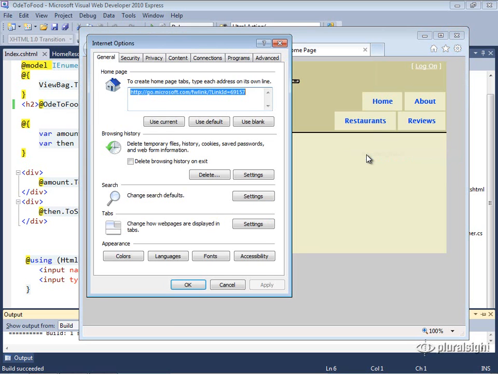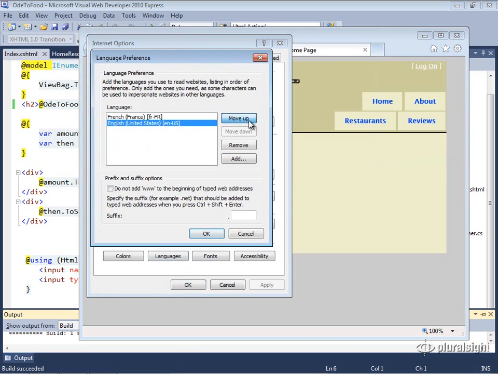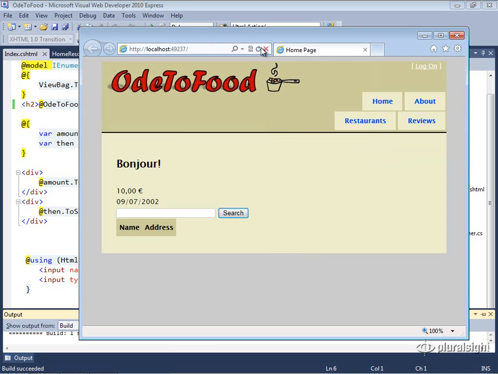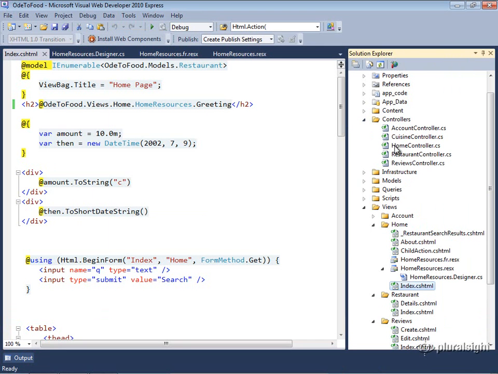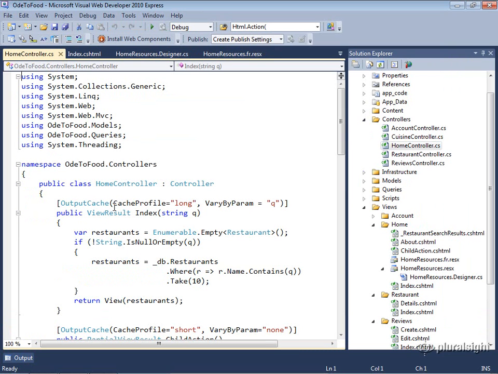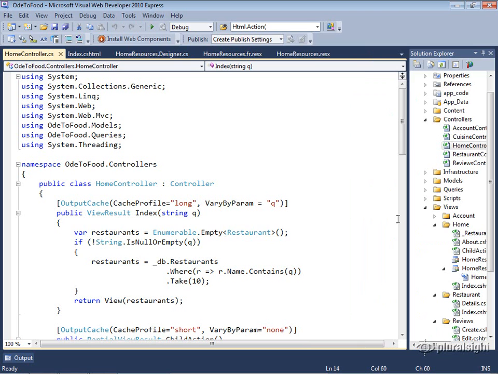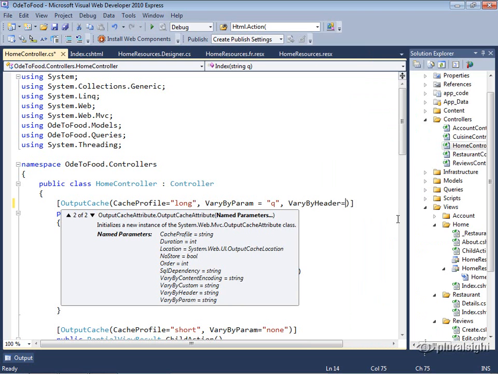But if I go in and change my languages in my internet options to move English back up and refresh, I still display bonjour. Why is that? Well, it's not because the resource files are not working. It's because our cache is working a little bit more effectively than we thought it might. Let's go into the controller. On the home controller, when we put in this output cache directive, we told it to vary by the param queue, but we're also now changing the display based on the user's accept language header. So I should really say vary by header equals